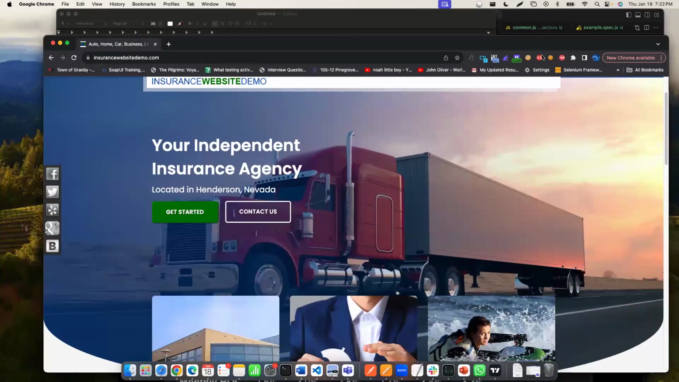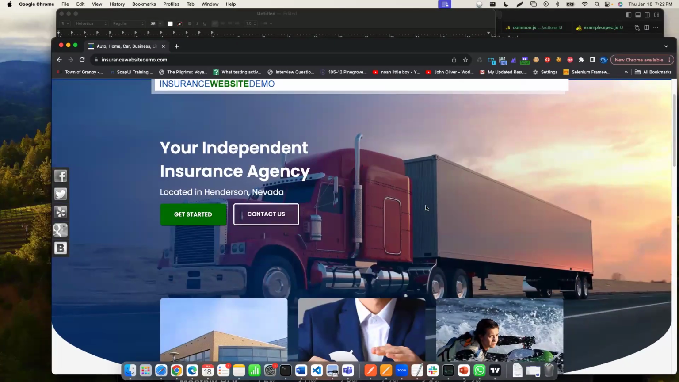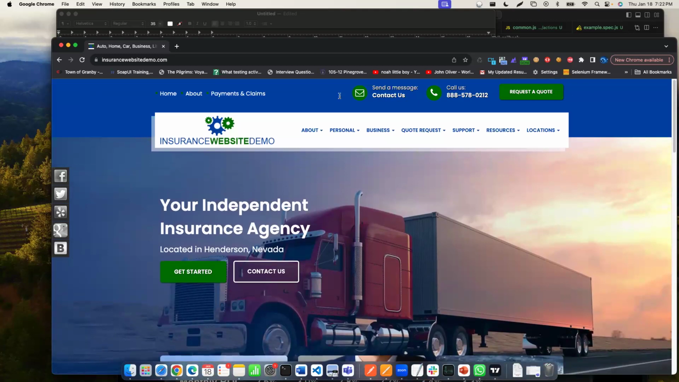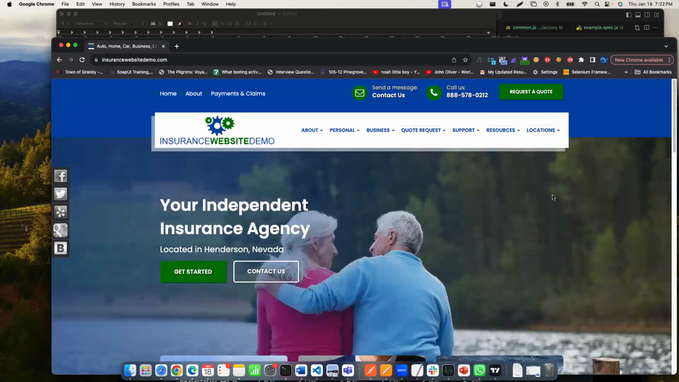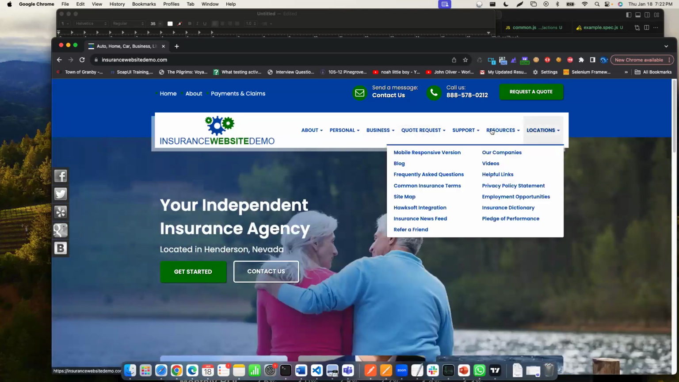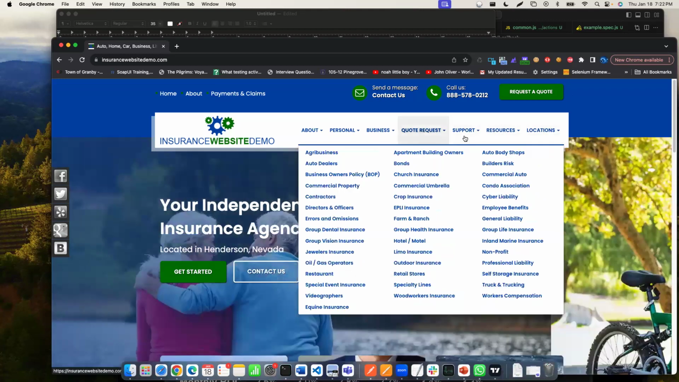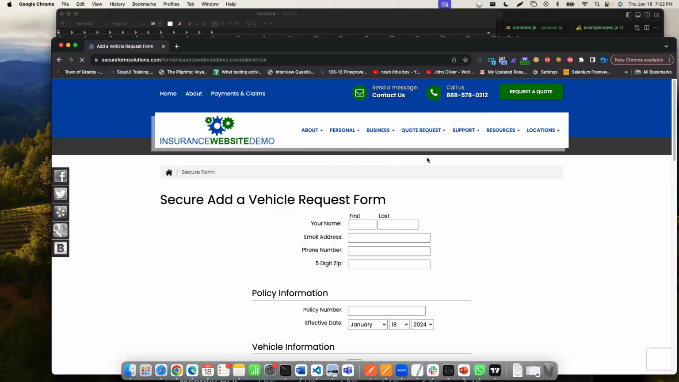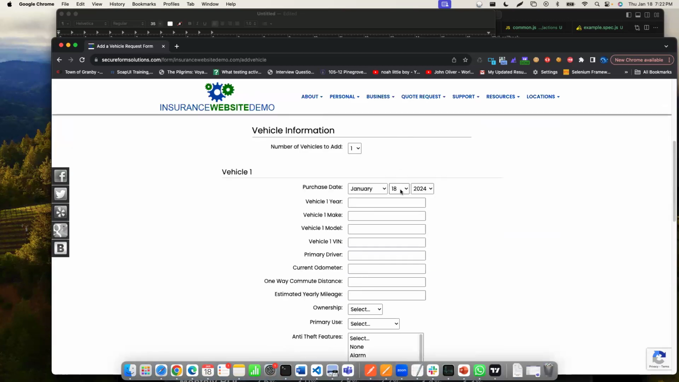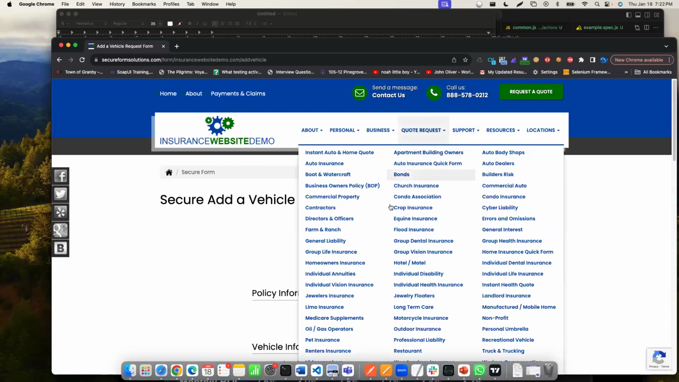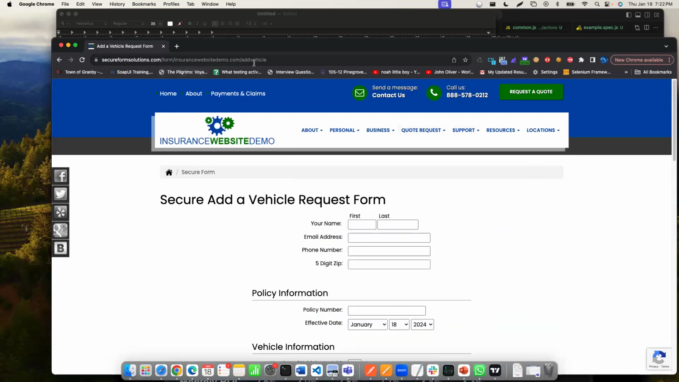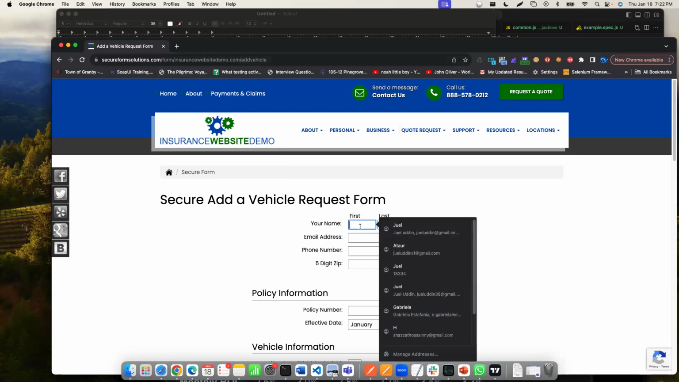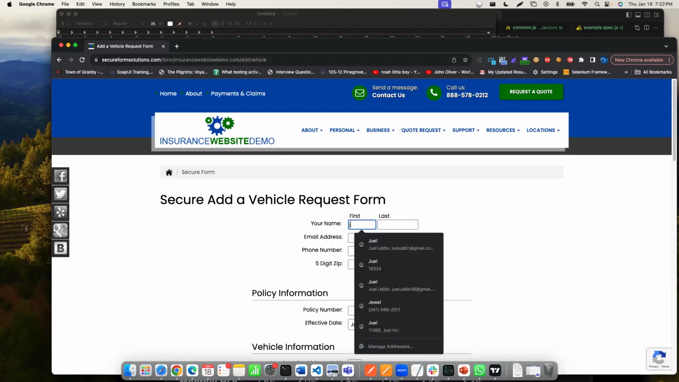But if you write it down and you commit to yourself and say, I will, no matter what, go ahead and do this, then you're going to basically do it. Okay, let's go to the support and payment and claim is there. Add a vehicle form. So today I'm probably going to do add a vehicle form testing. So the idea is that if I put in right here,